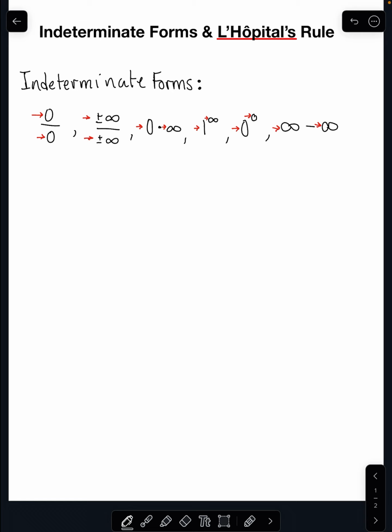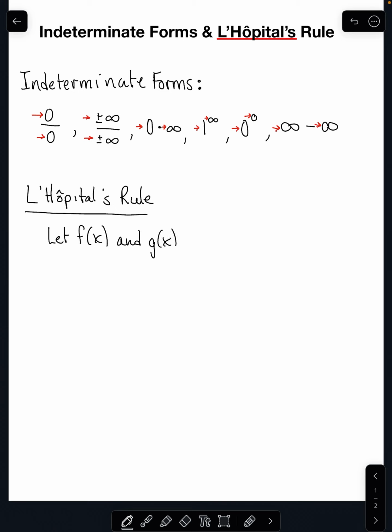So to establish this rule, L'Hopital's rule, we're going to start with the idea that we have two functions, and in order to talk about their rates, they must be differentiable. They will be differentiable on some open interval, which we will call I,